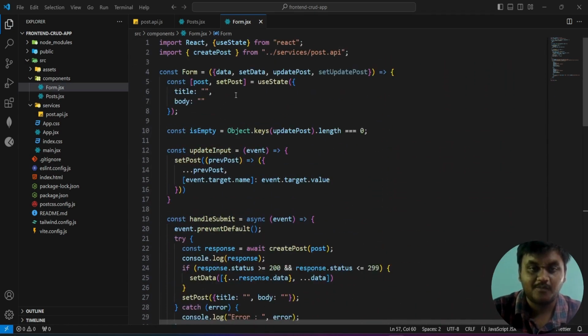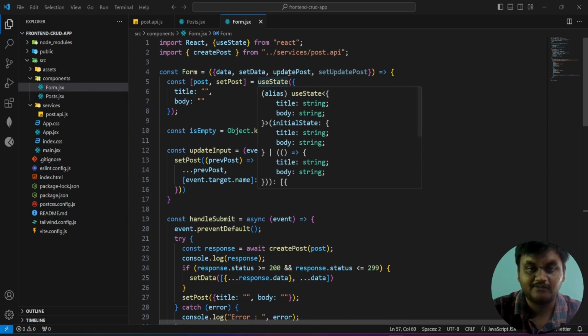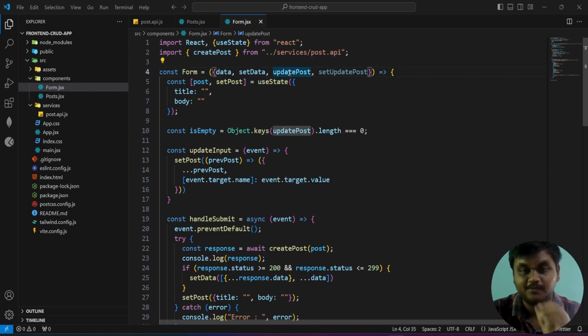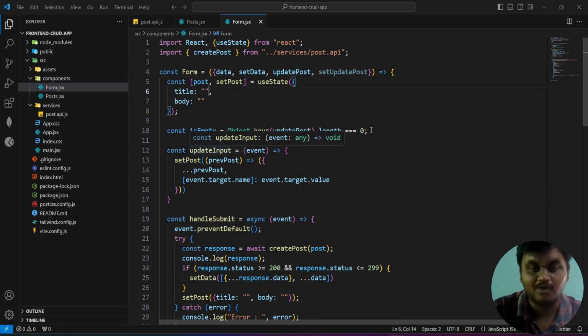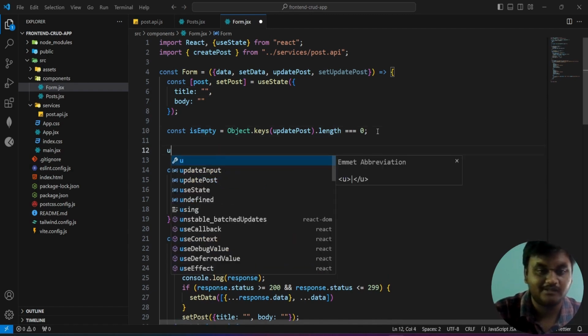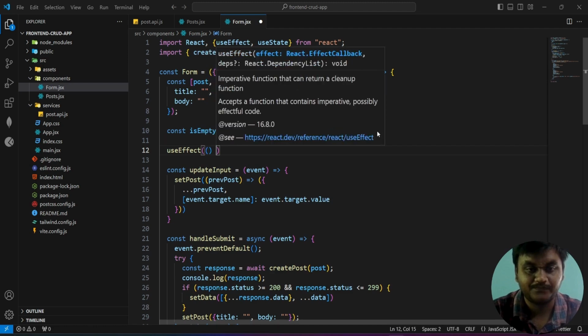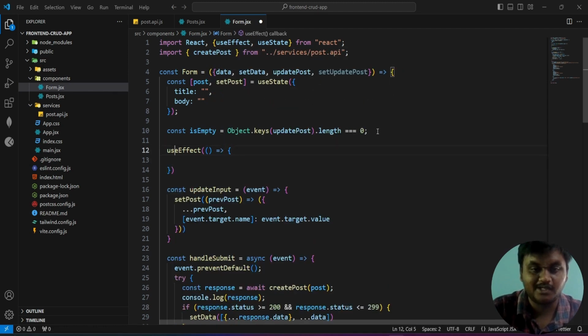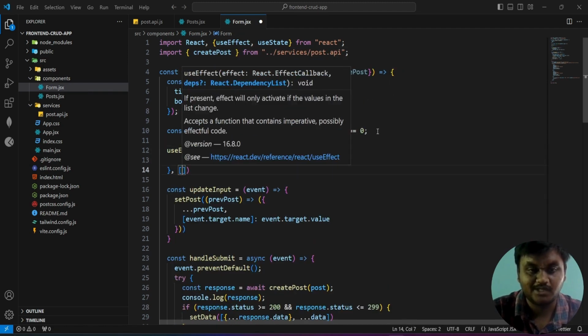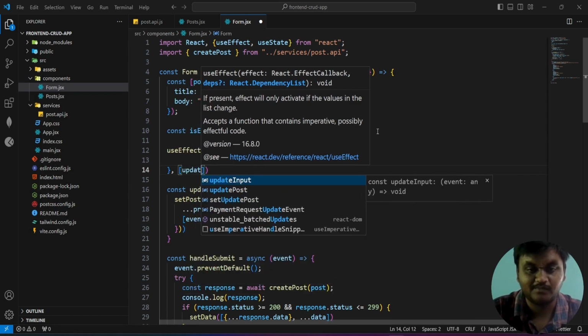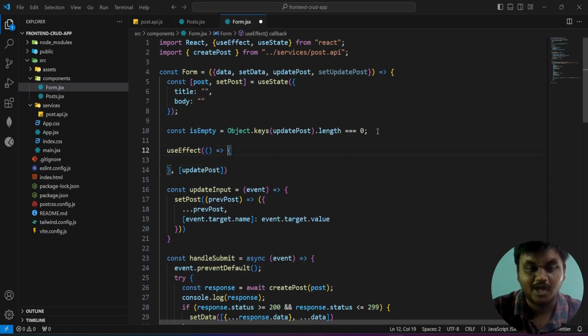For this, I'm going to do one more thing here. If the data is there, suppose the updated post has some data, the data I'm going to update to this post. How am I going to update? There is a hook called the useEffect hook. When the initial render or update post has a modification, I'm going to